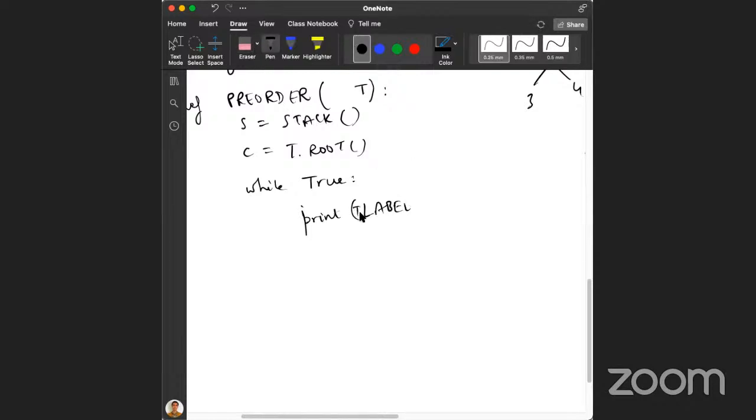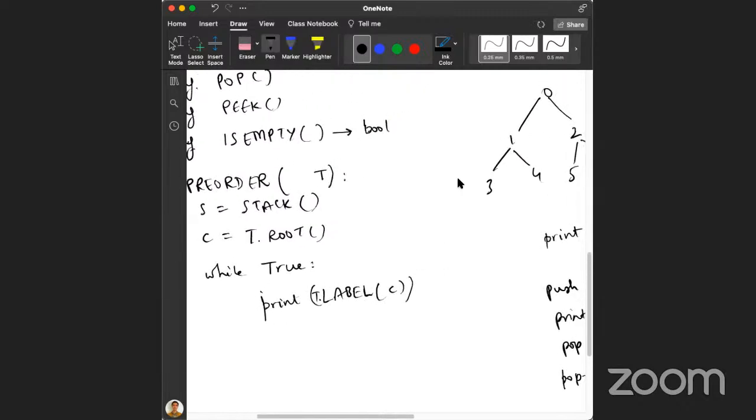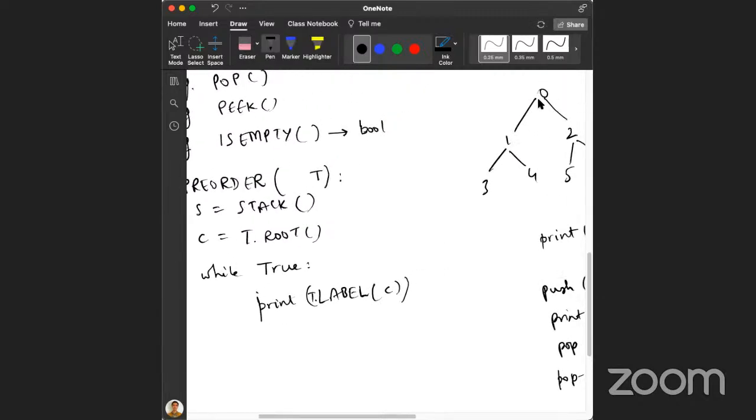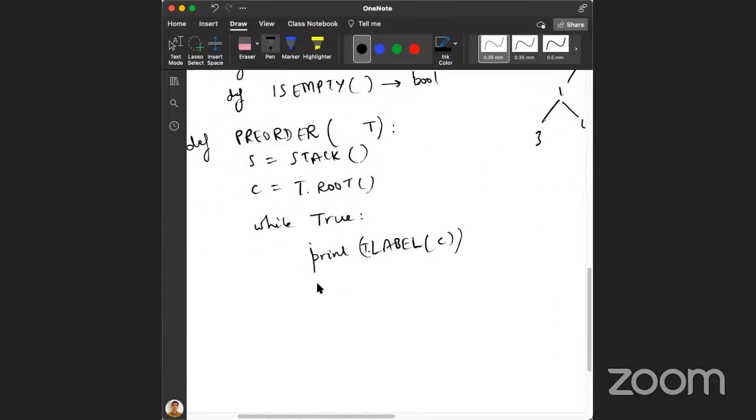T dot label at the current node, right? And then I have to go to the next child and put this node on the stack. Okay, so let's do that. Stack dot push the current node, right? And I will update my current node to the leftmost child. Tree dot leftmost child